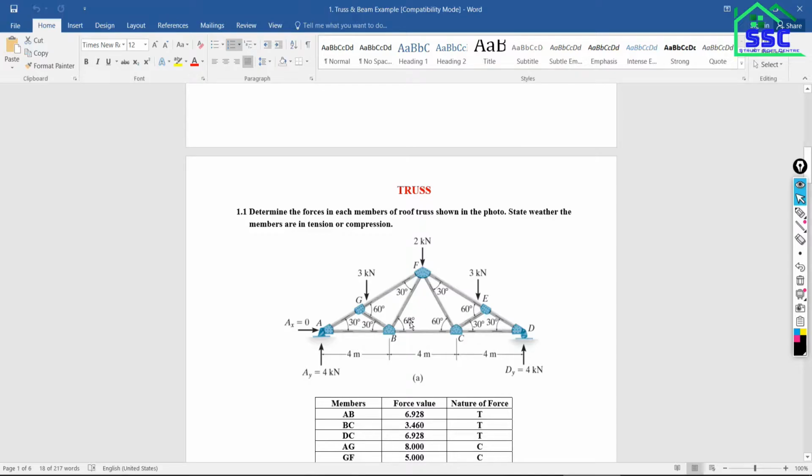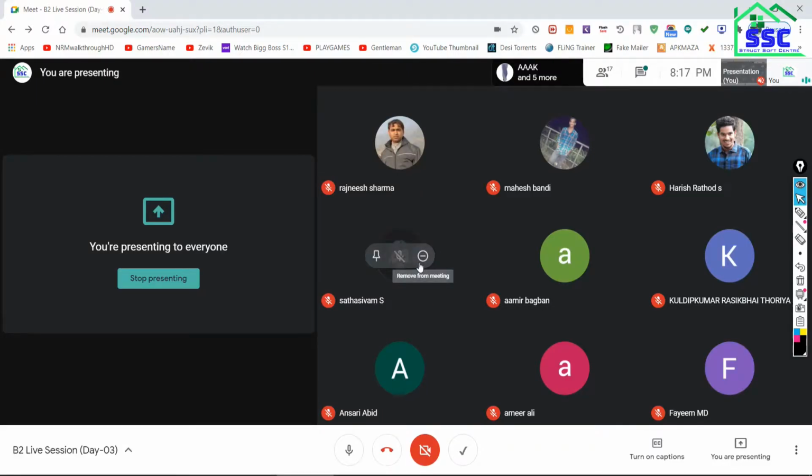Now, can you tell me what the assumptions are for analyzing any kind of truss? In your bachelor's, you might have learned that there are some assumptions for the analysis of a truss. Can anyone recall?